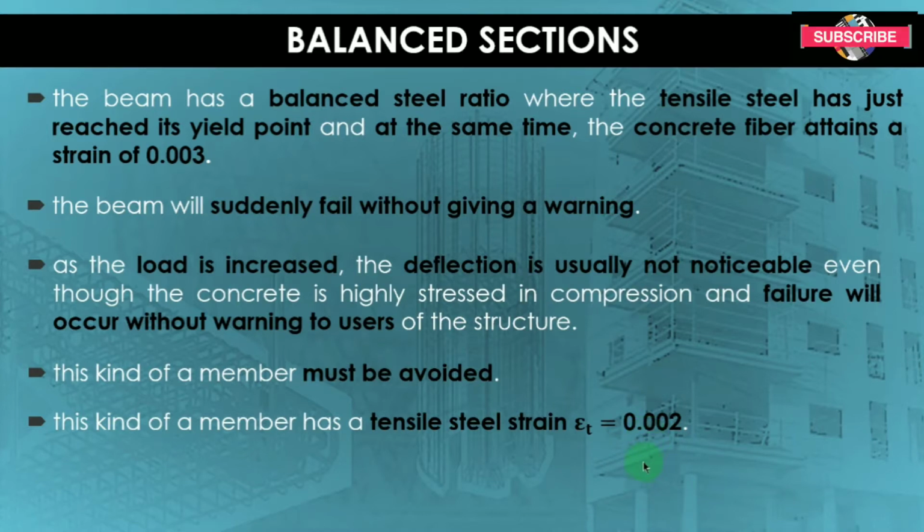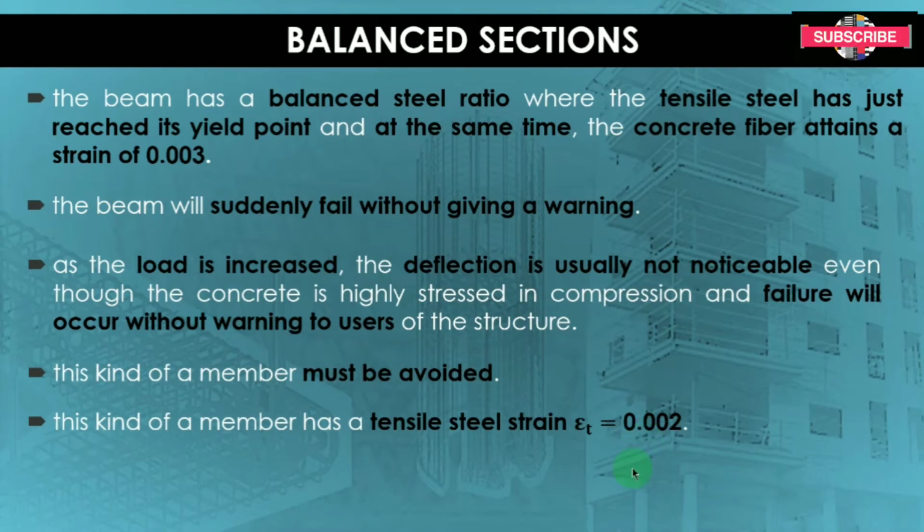But yung ano natin dito is 0.002, ang code is nag-allow din siya na pwede siyang maging compression control, no. Makikita nyo later kung itong value na 0.002 ay bakit na sinasabi ko pwede siyang magiging compression control na region